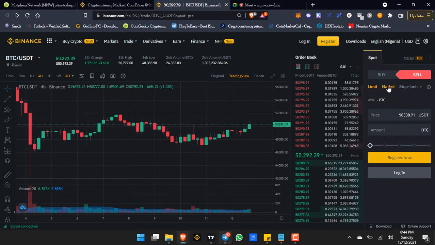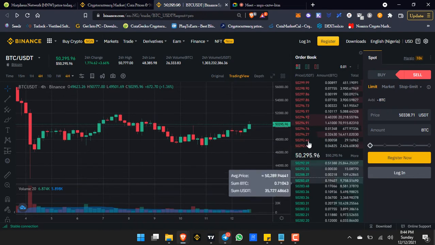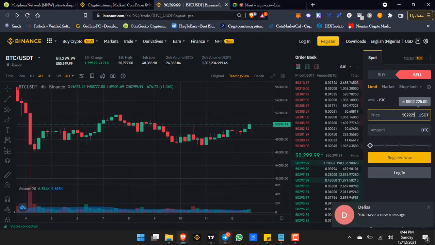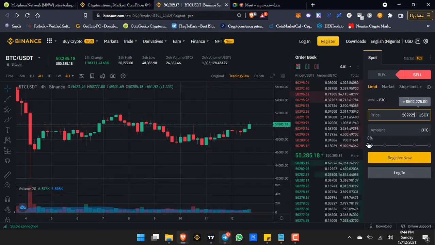When you want to sell, you either select the price you want to sell for, or you enter it manually, that this is the price you want to sell for. And then you indicate from your bar there the amount that you wish